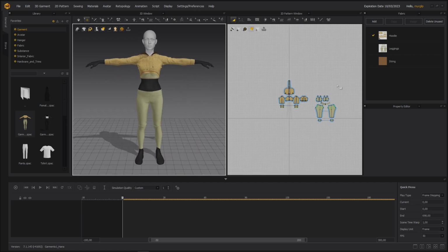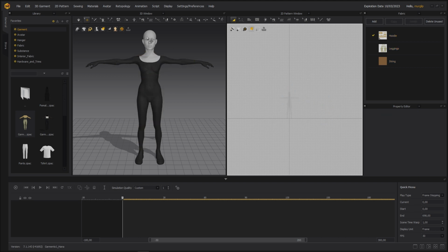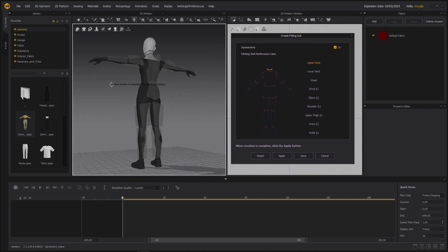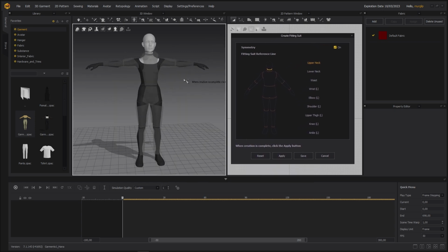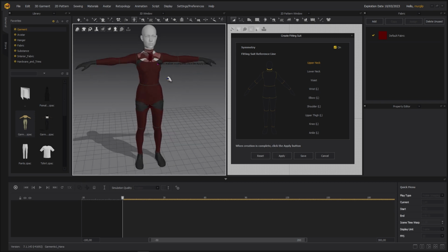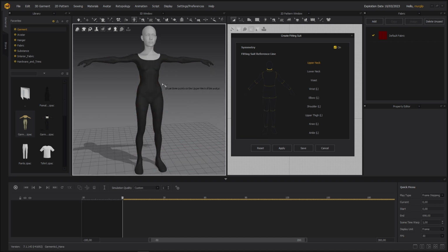So before carrying on, I'm just going to show you if you manually wanted to create a fitting suit, you just simply click on the fitting suit thing. You can see it automatically created this for me. So if I apply, that doesn't look too good, but yeah, we're going to reset this anyways.